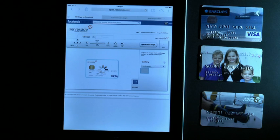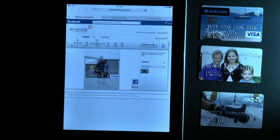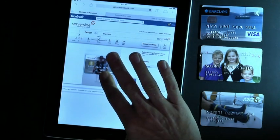And we know that on average, Wednesdays and Thursday lunchtimes is when most people upload their images. So a lot of this happens at work. But also, because it's a mobile device, banks can do this in branch, and they can do it in the shopping mall and at the airport, and they can do it